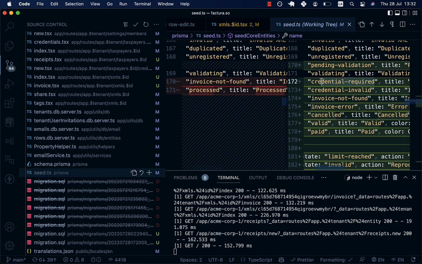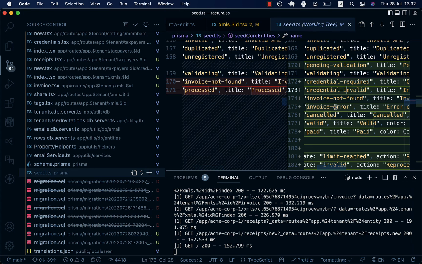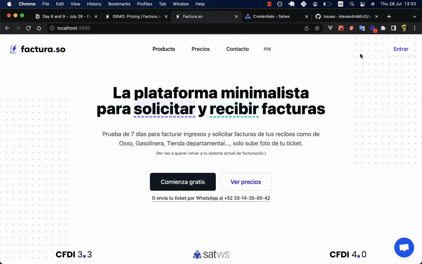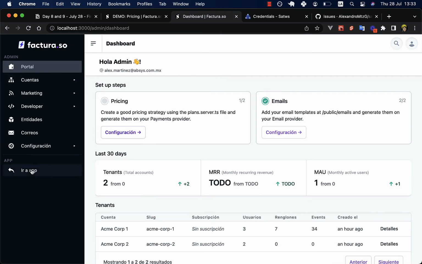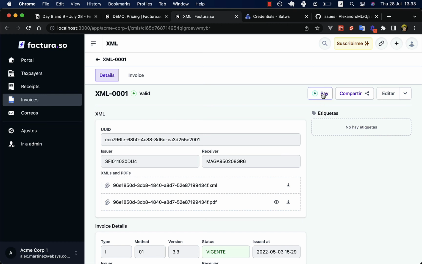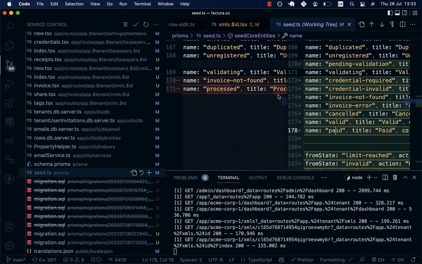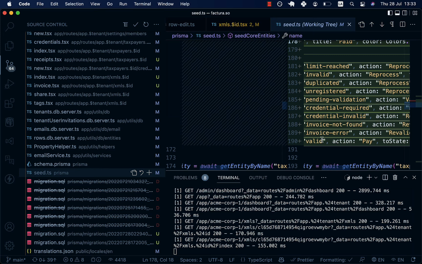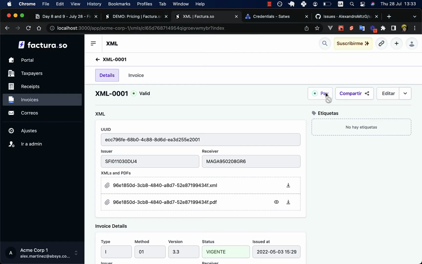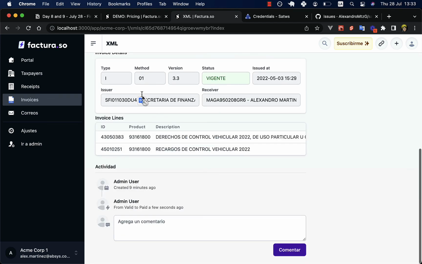For example, here, credential required, credential invalid, the invoice is canceled or is valid or is paid. For example, the one I uploaded is valid, so it should have a paid workflow step right here. And this pay step, I set it up here. If it's valid, the user can pay and send to paid like this, paid. And this user sent from valid to paid. So